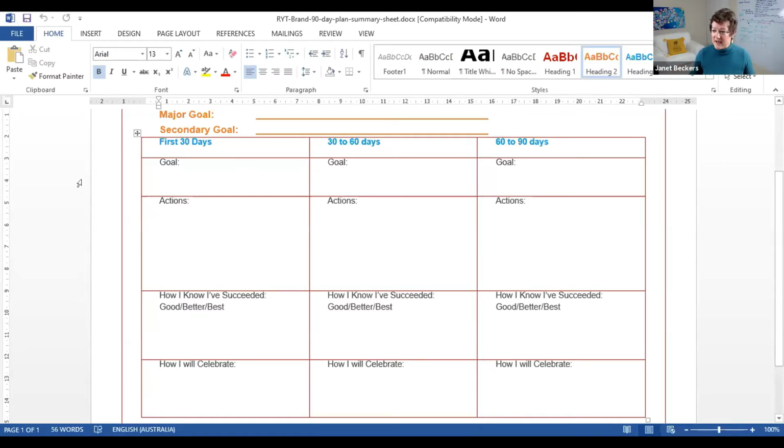So we're going to have here, you'll need to know what your goal is for that month. What are the action steps that you must take? These sound really obvious, but as I'll read you through the example, you'll see why this is so important. The actions that you need to take to achieve that specific goal, because if we've got a 90-day plan, we're now going to move it down into three lots of 30. That's how we get this stuff done.